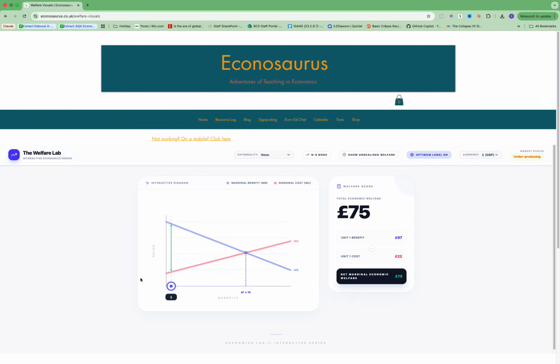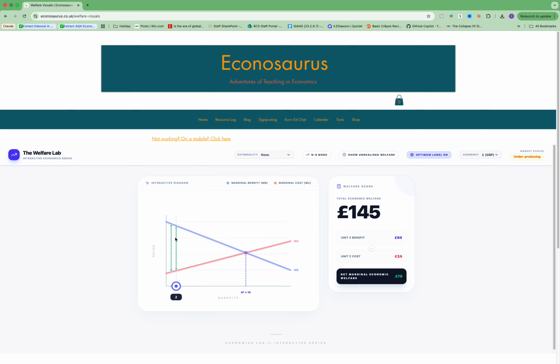So this is the welfare tool, and you can see that for this first unit, the additional benefit that unit provides is 97. The additional cost of that unit is 22, and therefore that unit is providing £75 of net economic welfare. Obviously, we're putting welfare in pounds here, which isn't necessarily workable in real life, but it's £97 worth of benefit. If we then consume a second unit, we get all of that welfare from the first unit